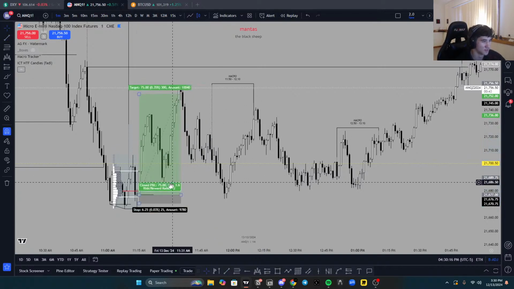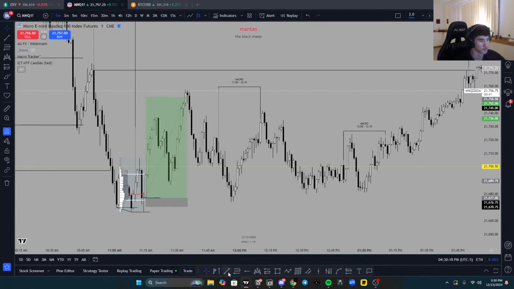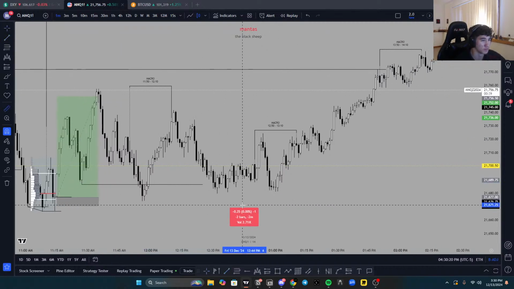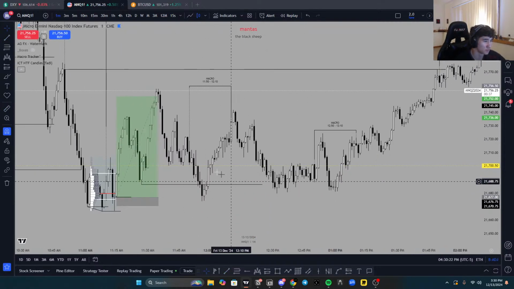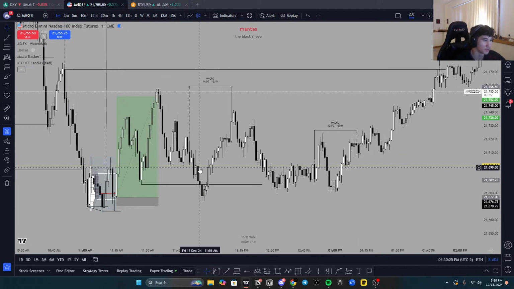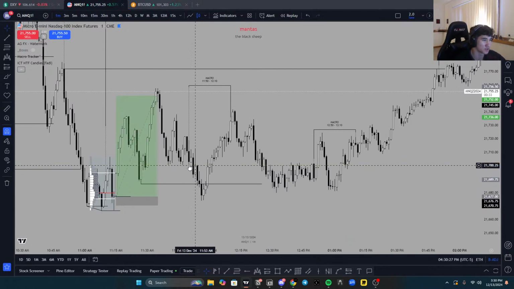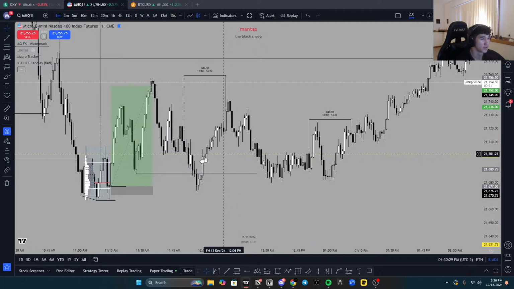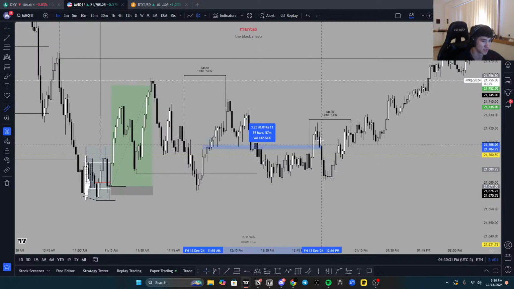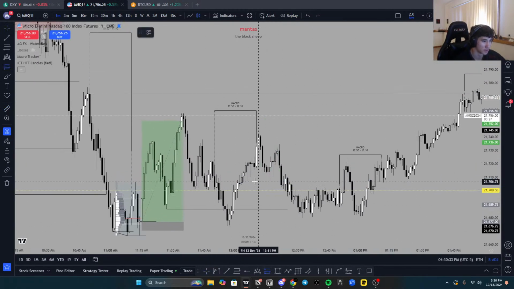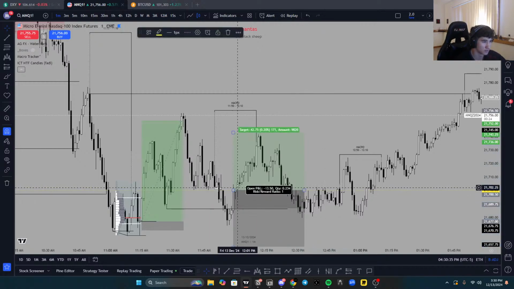Alright, thank you. So, here we go, next macro. We had the run of this low, which is pretty obvious, we could tell what we'd be looking for. We would look for an entry somewhere down here. This order block is the only place we could take an entry, but we know that price is inside of time distortion, so this entire time we can't be looking for a proper trade. So, right here, we have the order block.